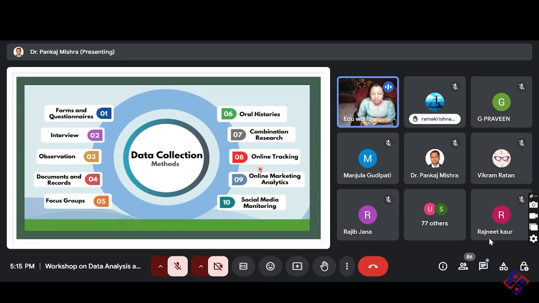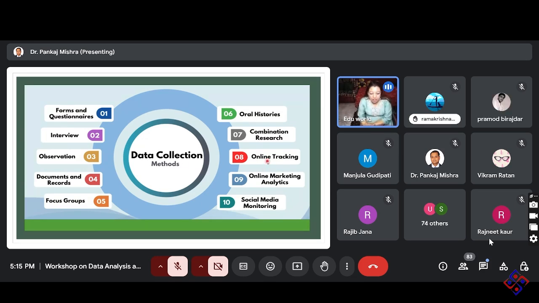Triangulation is when we use the qualitative method, like first we find articles and histories related to the study, and after that, based on those, we interview the candidates. So here we use both the qualitative as well as the quantitative, or vice versa. Like first we conduct the data collection through observation or interview, and following that we collect information from different sources which support my research. So that is the triangulation process.